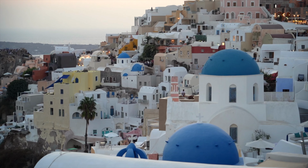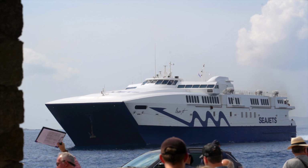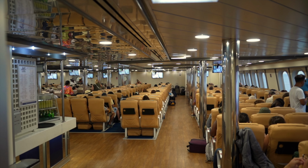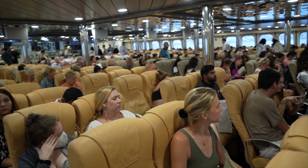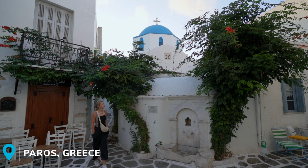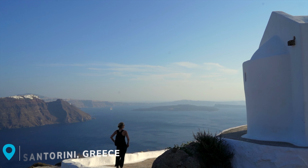If you're planning on island hopping to the nearby islands during your stay, consider catching a ferry instead of flying. Not only is this way easier than slugging your luggage through the airport, you'll probably save a fortune on baggage fees and have a more scenic arrival by sea. We hopped all around the Greek islands and we'll be releasing similar videos on Paros and Santorini soon,